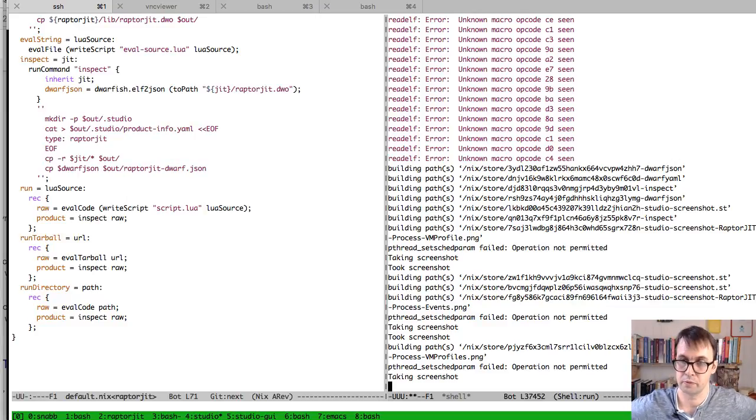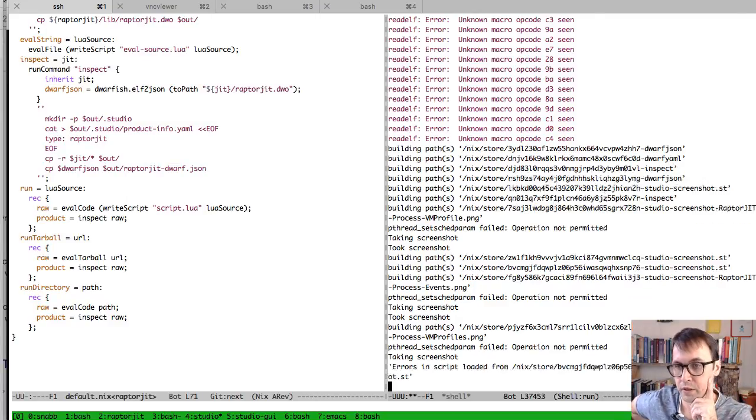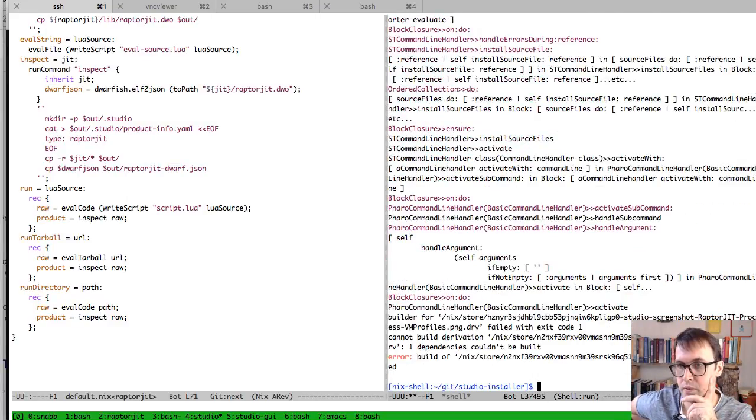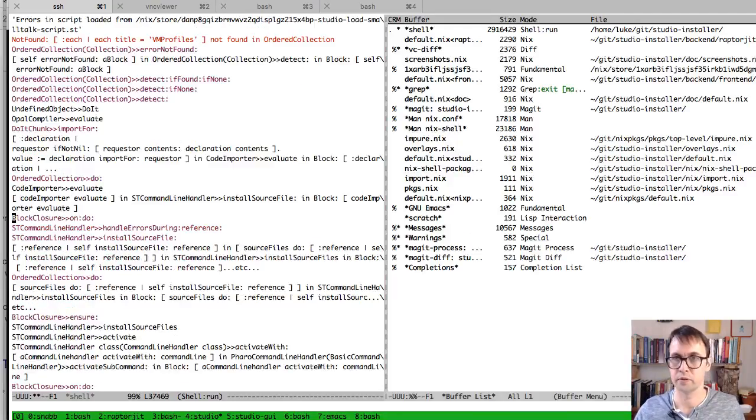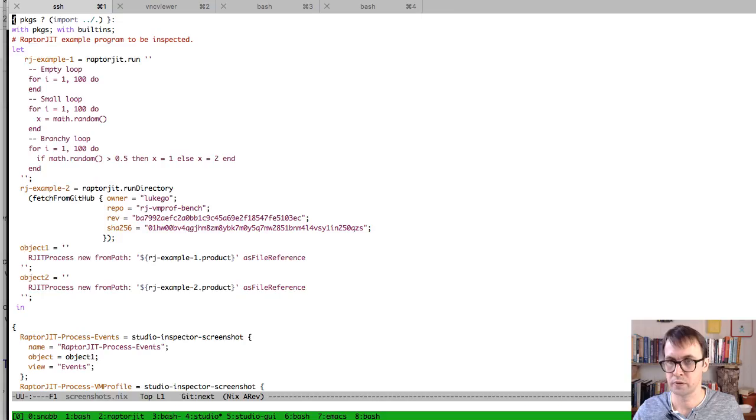Now some stuff seems to be running. We could actually parallelize this build if we wanted to get things faster, but yeah, so some things worked, but we did get an error eventually. VM profiles. Let's hop back to